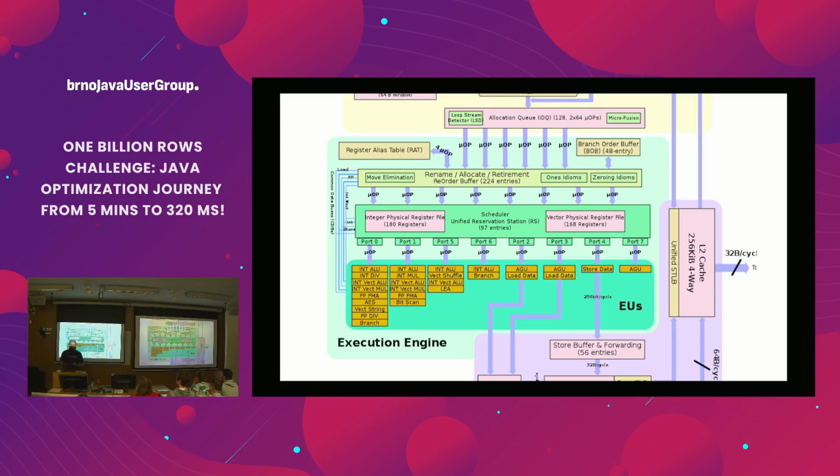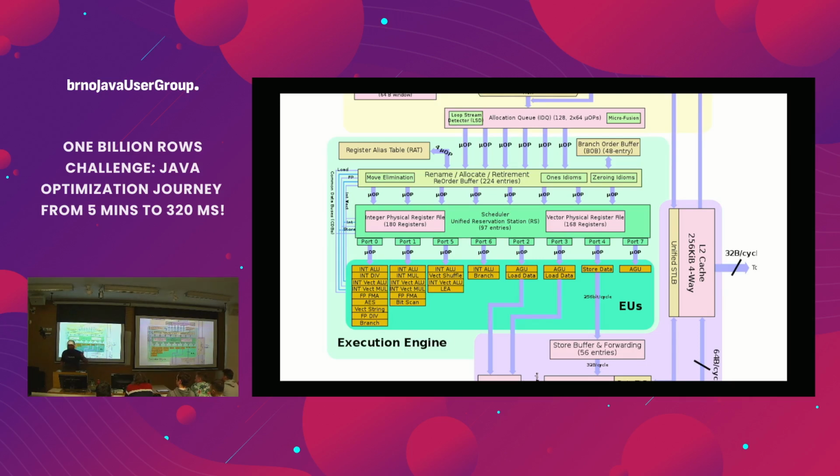But to be able to do these things, we need to feed it with instructions. It needs to be able to know, if I want to execute multiple instructions in parallel, I'm executing one instruction, and I need to know what the next instructions will be, so I can execute them in parallel. One reason that makes this complicated for the CPU is branches, more specifically unpredictable branches. If the branch is predictable, it's not that bad, because the CPU has a branch predictor, and if a branch is always taken, the CPU is smart enough to realize it.